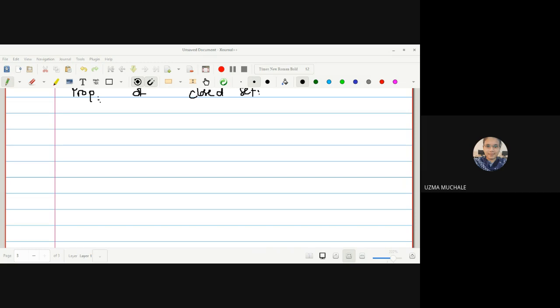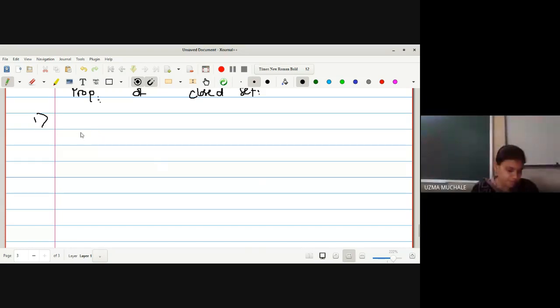Okay, what are the properties of a closed set? Let us go one by one. What is the first property? We can say, let capital F be a closed set in X2 and X is not a member of capital F, then